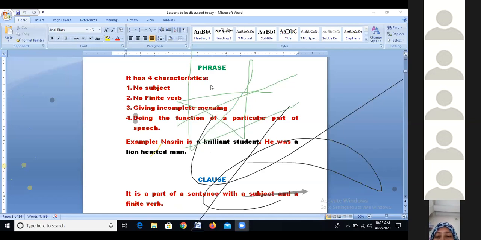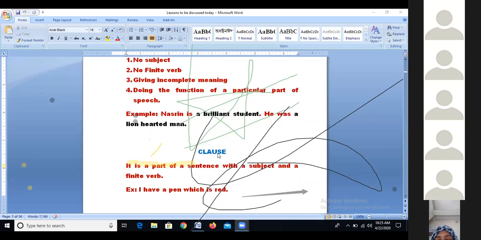So I think you have got some ideas of phrase, finite verb, non-finite verbs. Now clause. The idea of clause is very, very important because if you try to analyze a compound sentence or a complex sentence or a complex compound sentence, then you have to have some ideas of different kinds of clauses. And I hope and believe you have sufficient ideas of clauses.